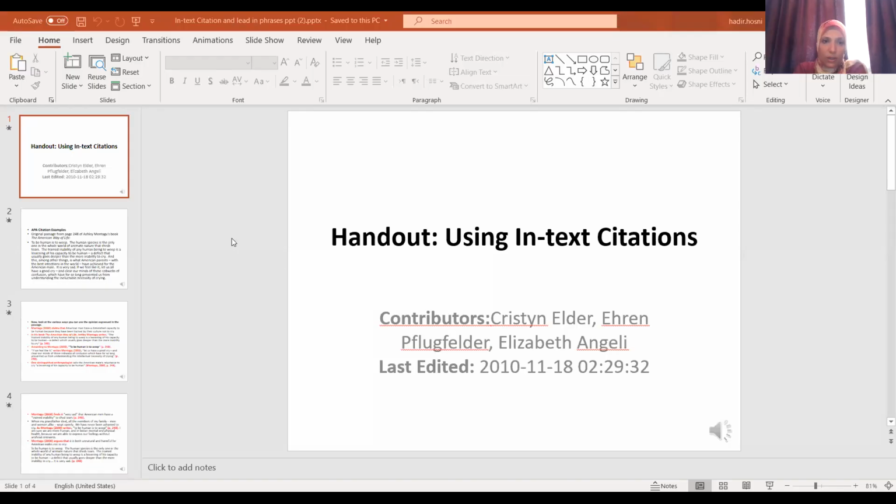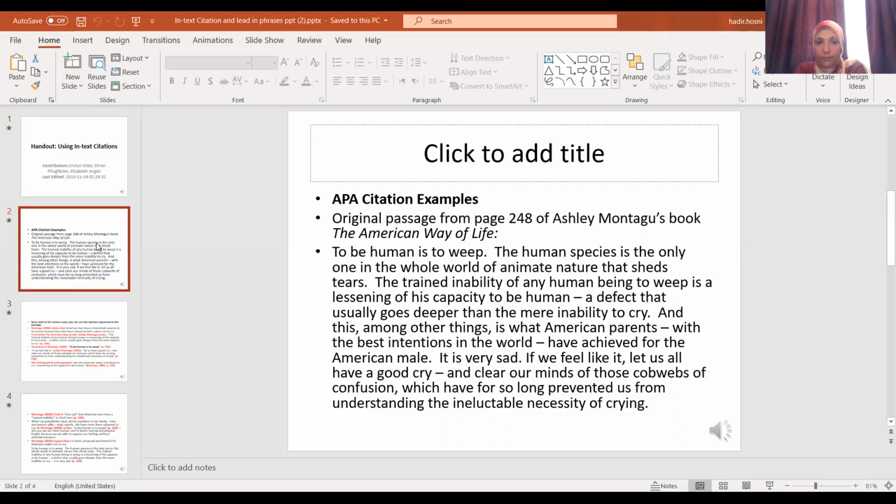Okay, so this is what I need you to see with me. And as I told you, let's see an example. Okay, here we have an excerpt from a very nice book, which is called The American Way of Life by a writer who is called Ashley Montagu. So Ashley Montagu